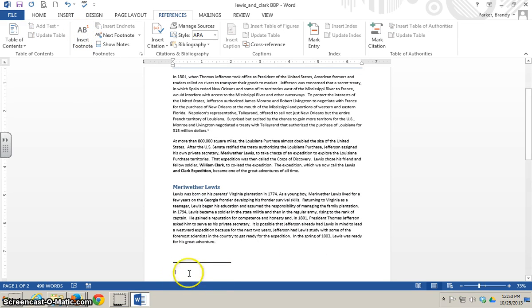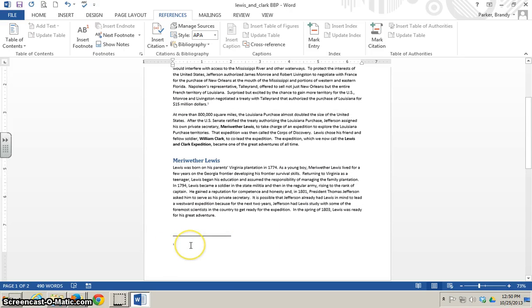Now you'll notice that it places a 1 here at the end of the sentence where we told it, and down here at the bottom where the number 1 is, that's where we're going to type in that extra information. A lot of times it is usually a citation for where you got your information, or sometimes it's a definition. We're going to type in the information on page 84, John Kukla, a wilderness